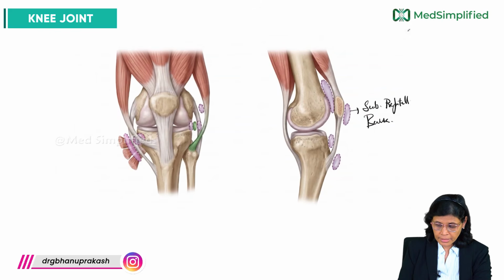It is deep to the skin in front of the lower half of the patella and the upper part of the ligamentum patellae. Then we similarly have the subcutaneous infrapatellar bursa,